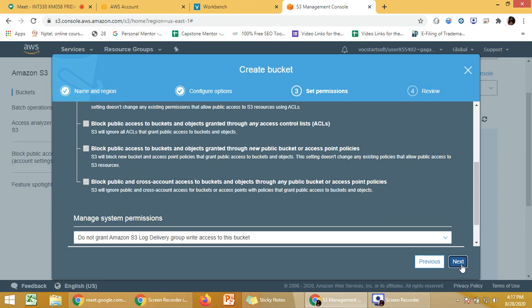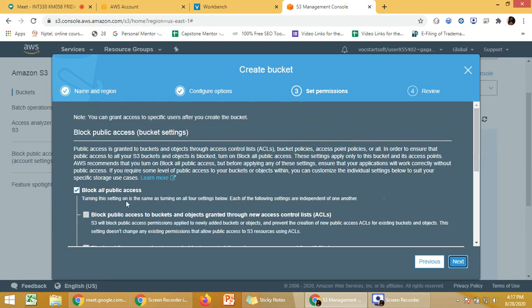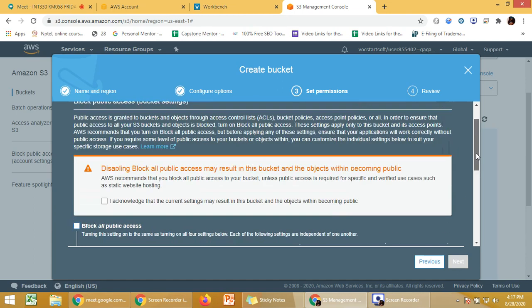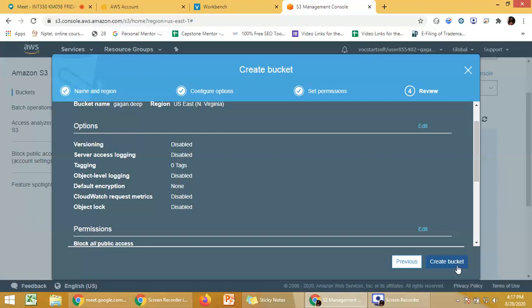After this we have the next option, that is configure option for allowing the public access. So we need to allow the public access for all these resources. And once you uncheck this, there is a gray button for next. It means you will not be able to proceed. So it will ask you again whether you are sure that you want to provide the public access to this particular S3 bucket which you are creating. So you have to acknowledge it that yes, I have done it by myself.